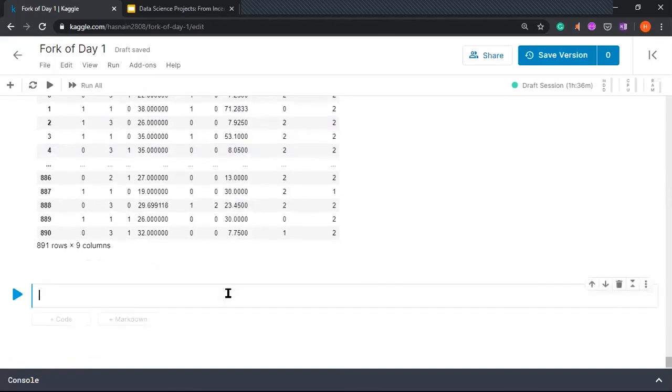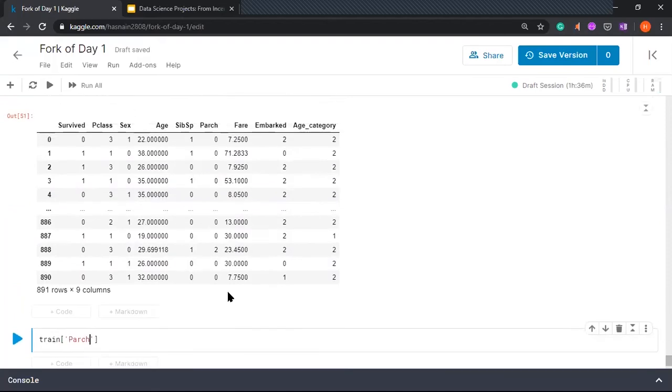So again, we'll add the parch, and we'll add SibSp, and then add one, because we have to count the specific person we are talking about.